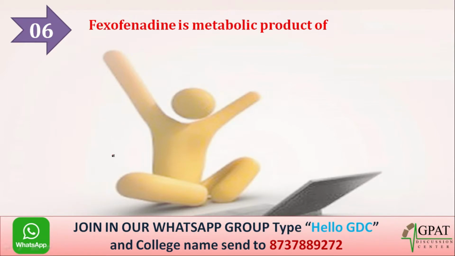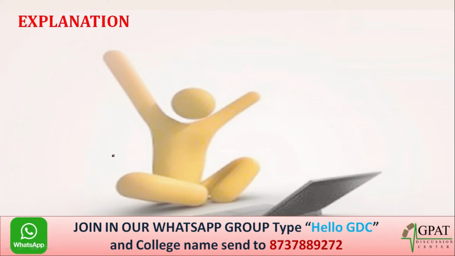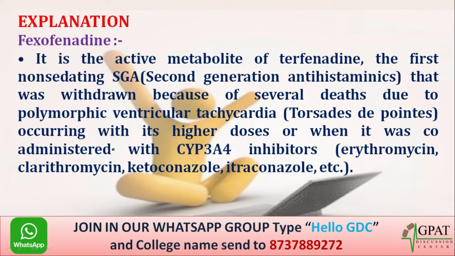Fexofenadine is a metabolic product of, and the options are option A, loratadine, option B, astemizole, option C, cetirizine, option D, terfenadine. So fexofenadine is the metabolic product of terfenadine. How is it the metabolic product? Let's discuss with the help of the explanation. Fexofenadine is an active metabolite of terfenadine, the first second generation